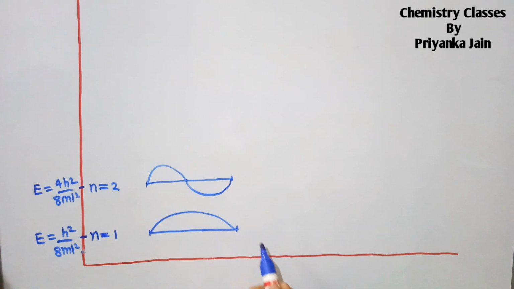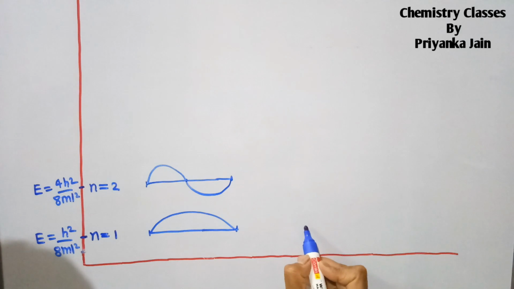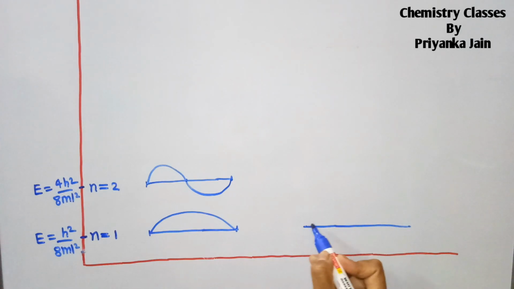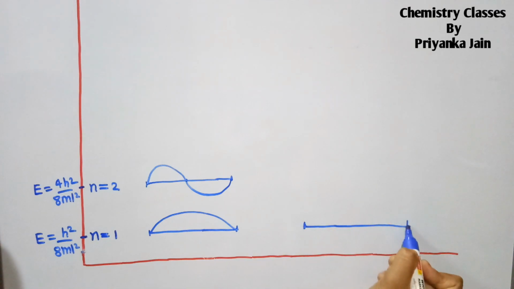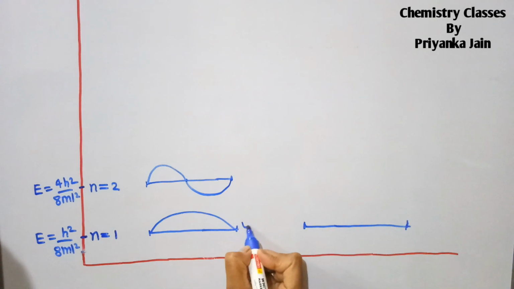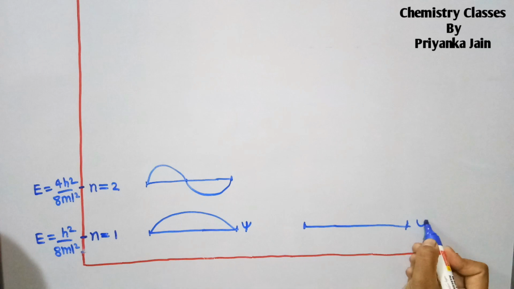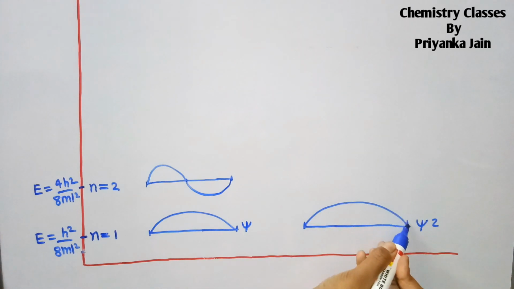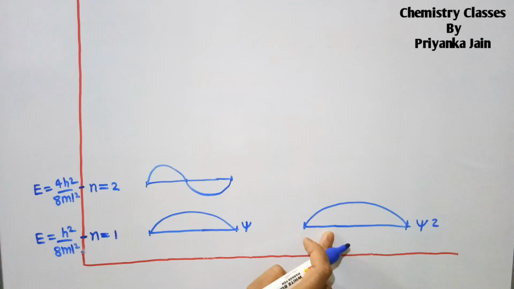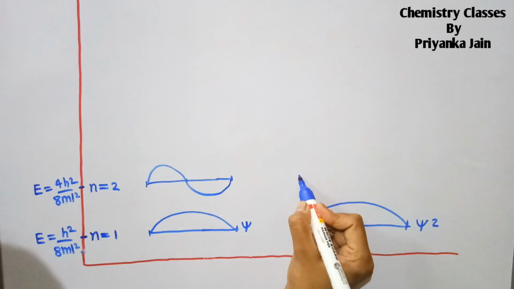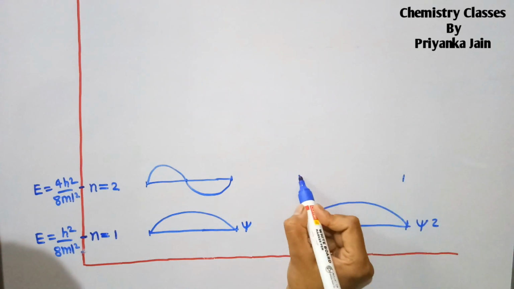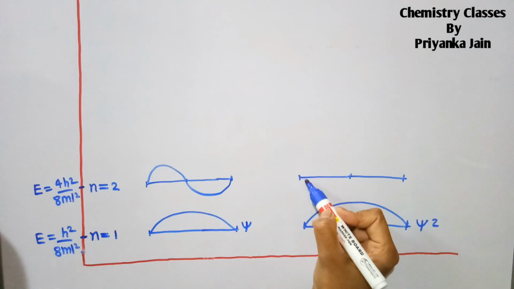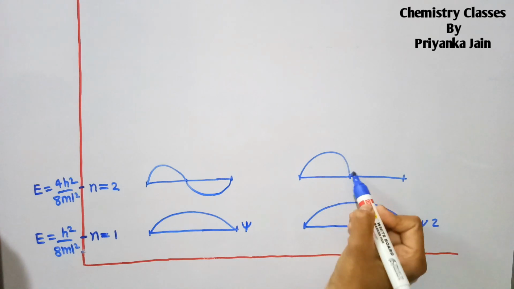right? Similarly, if we are seeing the probability density, now we have to show here the probability density. So in this case, the probability density means this is the psi and this will be psi square, right? So this will be in this way. This is always positive. Okay, in this case, if we are seeing, then it will be in this manner. It is not anti-symmetric,